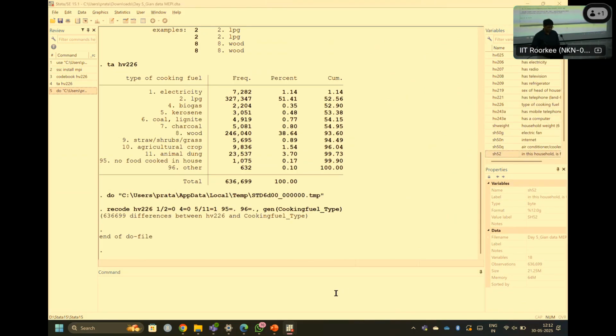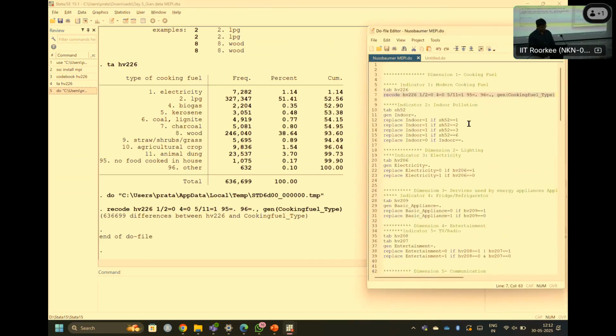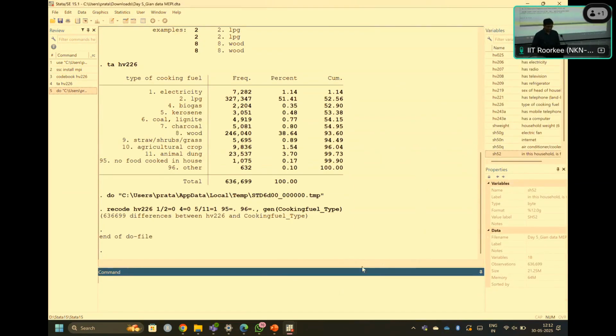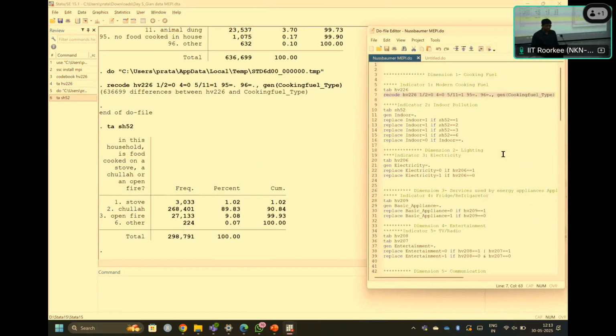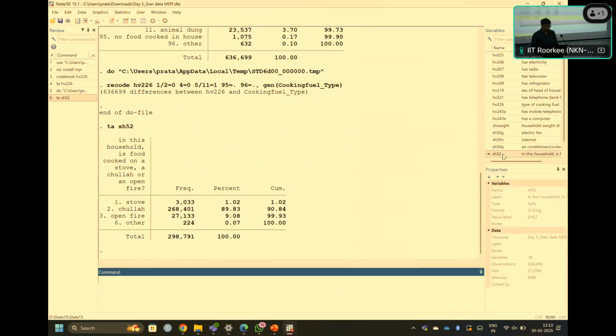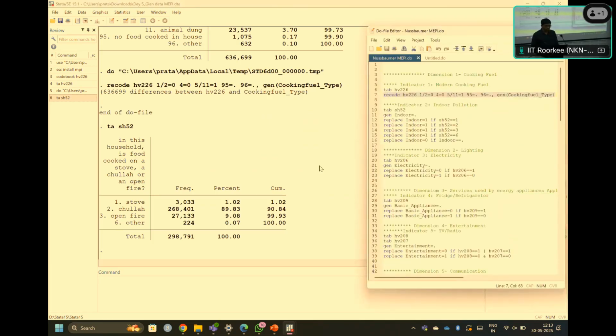We need to again recode and check how it's available. Regarding indoor pollution as the indicator variable, we have categories like 1 is stove, 2 is chula, 3 is open fire, and 6 is others. You can cross check on your own.